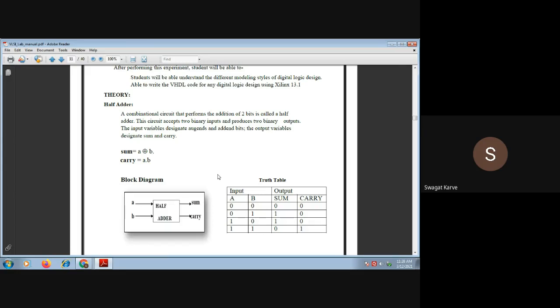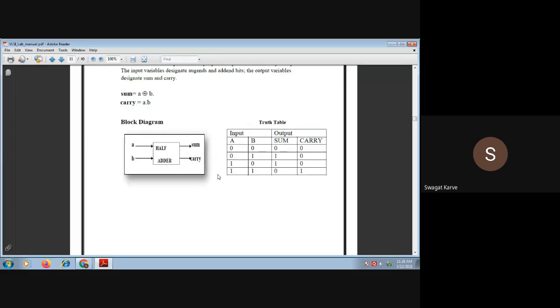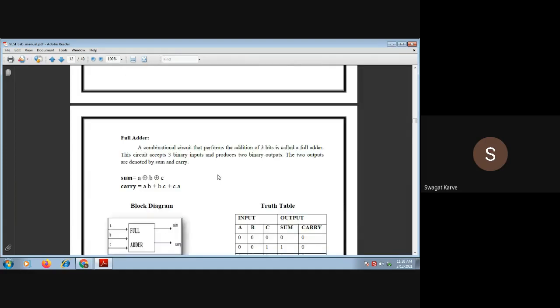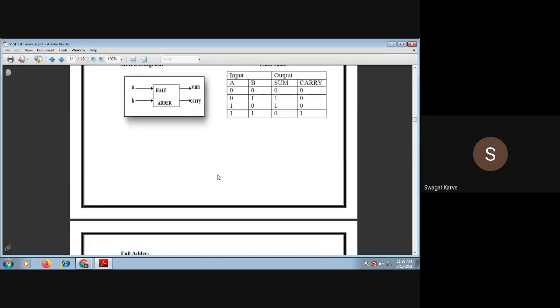That is not expected from a good coder. Your code should be short and sweet, with minimum and understandable logic. Depending upon the application, as a VHDL programmer, you have the right to decide which style of modeling you want to go for. Here, as we have Boolean equations, we will prefer the data flow style of modeling.